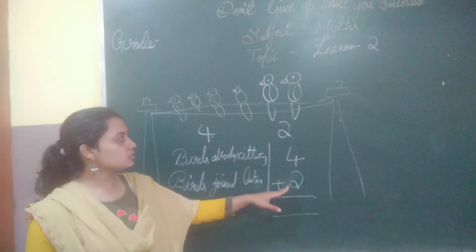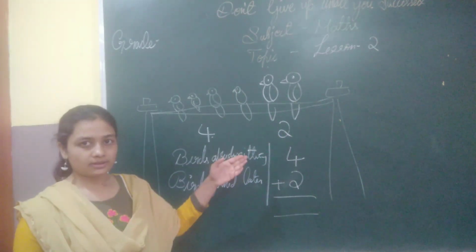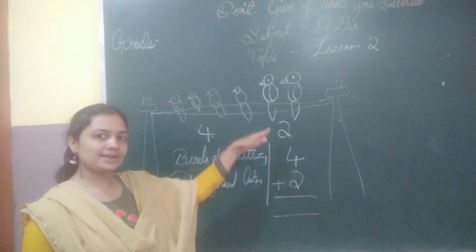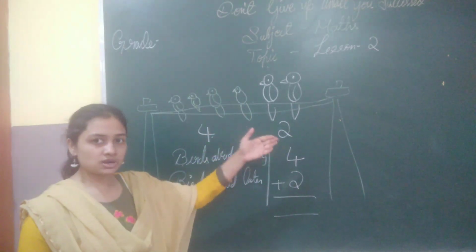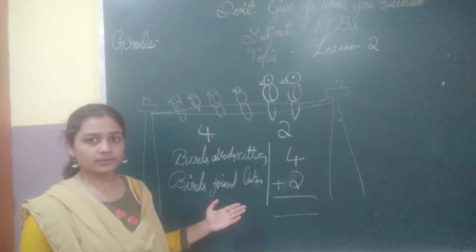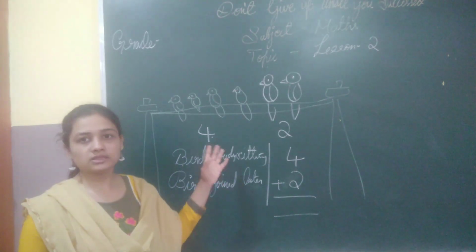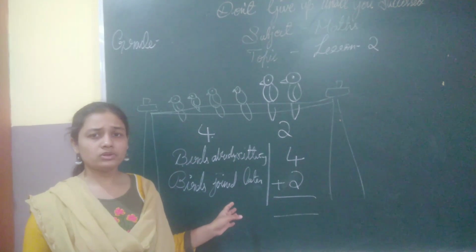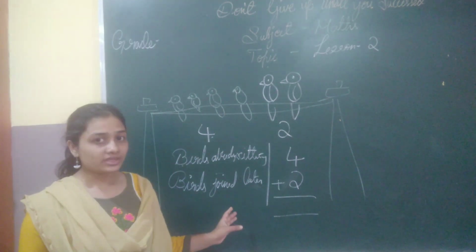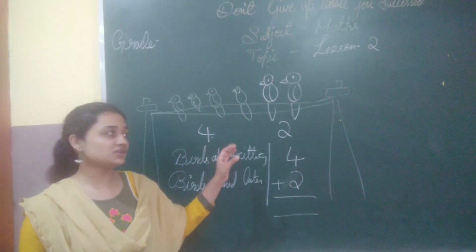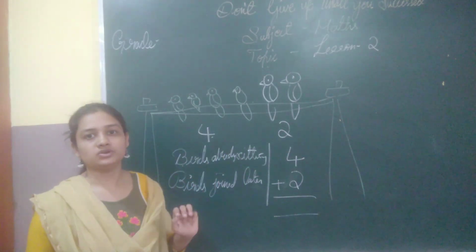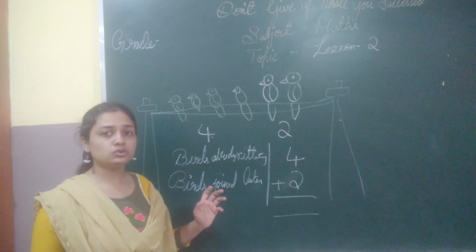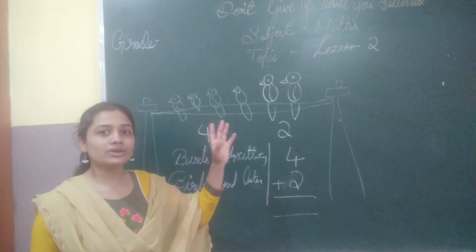Same thing for 2: the birds flew in, meaning birds came flying in, or birds joined later, birds which came extra. Anything you can write as a statement, okay? But you should understand the story. That is very important. And what is the final statement? How will you find that? For that, you should see the question statement in the question. What is the question I am asking in the story? I am asking you to tell how many birds are there all together.